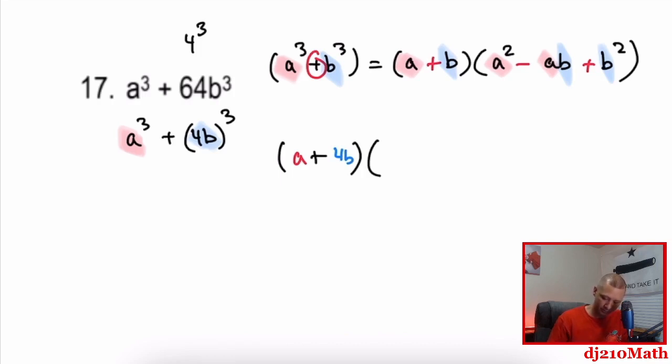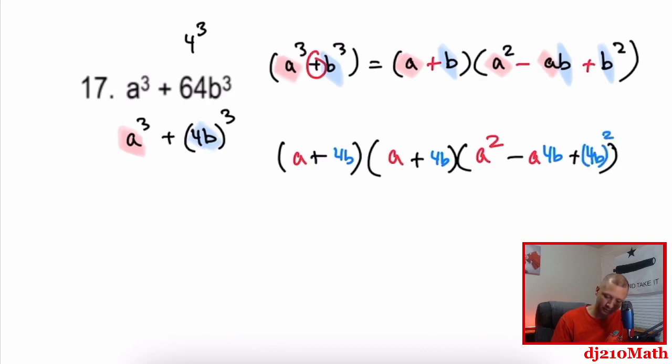So then a squared, a times 4b, 4b squared. All right, writing it all out. Just simplifying a little bit. We have a plus 4b